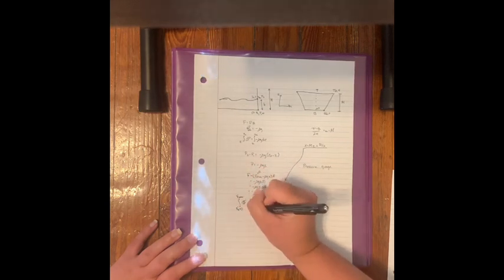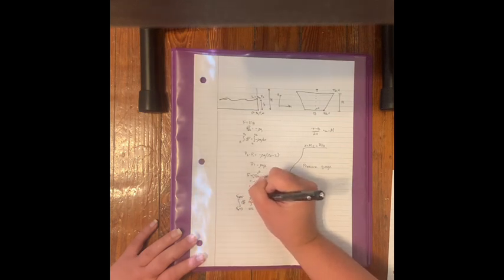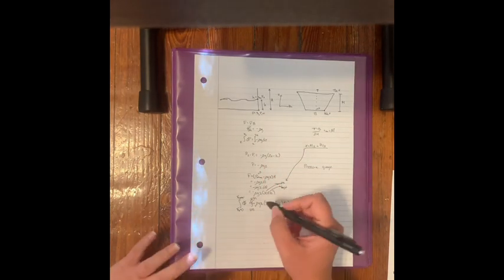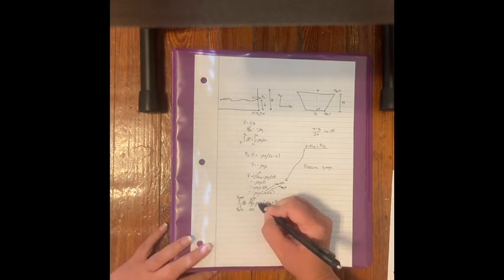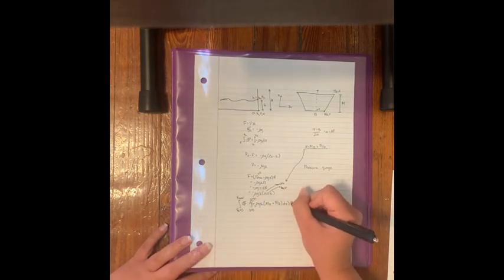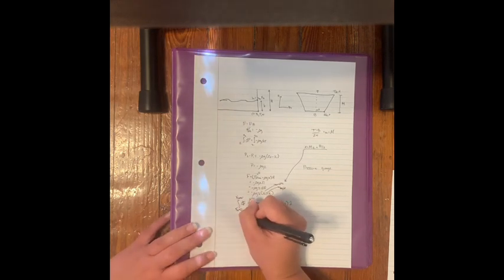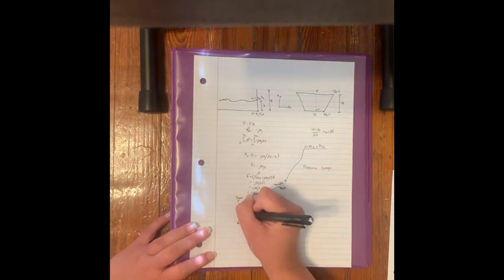And then for this integral, it'll be from z is equal to 0 to z is equal to lowercase h, which is the height of our water. So to simplify this a little bit, we can pull the density, acceleration due to gravity, and 2 out of our integral. And we will get the integral of our force from 0 to our total force